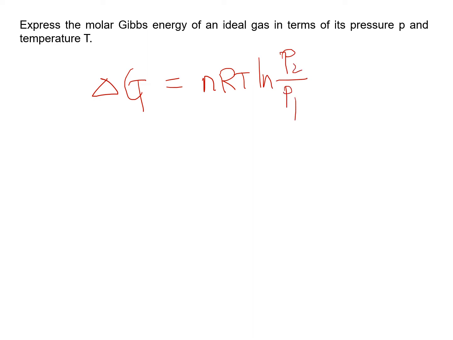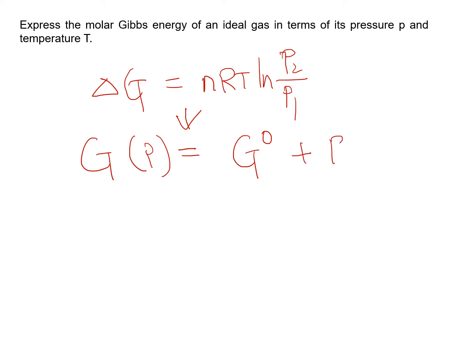And if we set P1 to be 1 bar, or the standard state, this equation goes to Gibbs energy at any pressure. This equals the Gibbs energy at 1 bar, which is standard state, plus